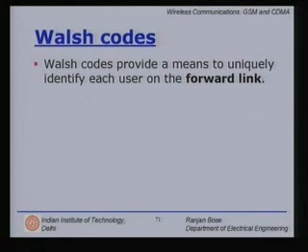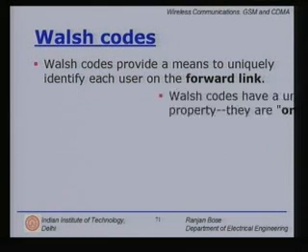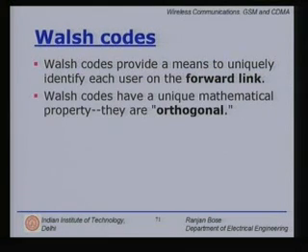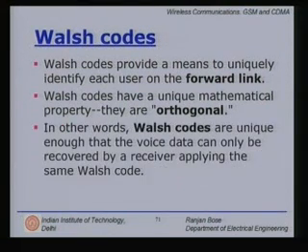Walsh codes. Walsh codes provide a means to uniquely identify each user on the forward link. What is the property of Walsh codes? They have a unique mathematical property that they are orthogonal. In other words, Walsh codes are unique enough that the voice data can only be recovered by a receiver applying the same Walsh code.